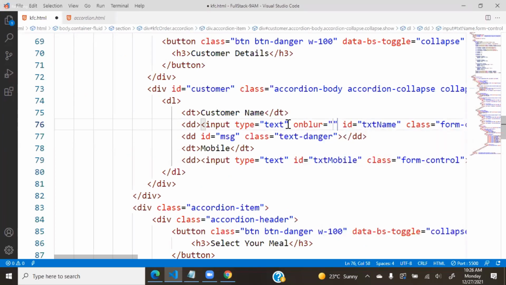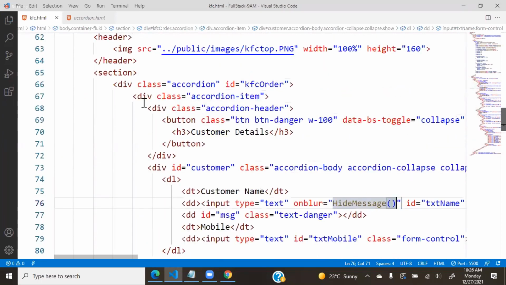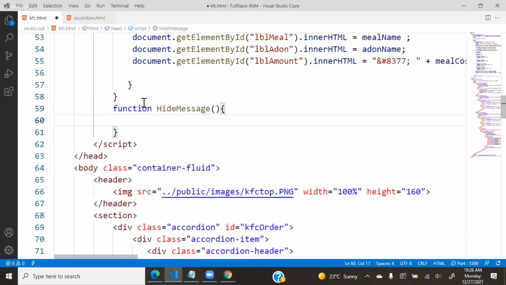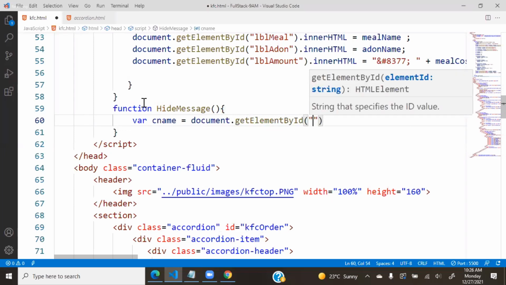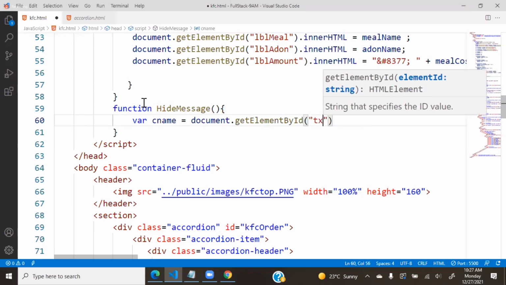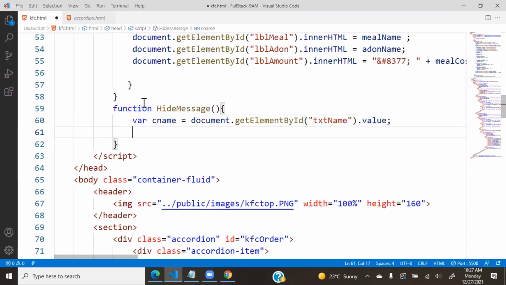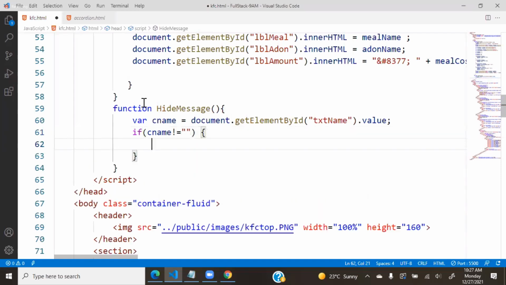On blur, we will put hideMessage, right? Hide message. This we will display. And what should happen? We have to write a function, hideMessage. What should it do? Same logic. So where cname, what is it? Customer name. document.getElementById, that is txtName. If txtName.value, and here we will write if cname is not equal to empty. If it is not equal to empty,